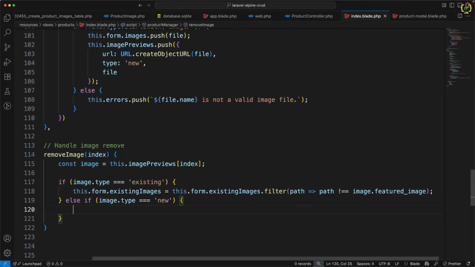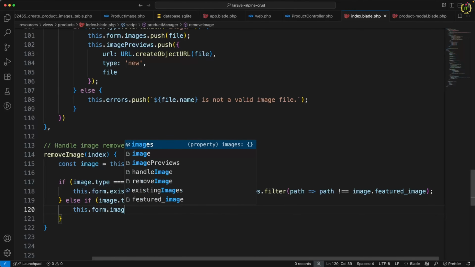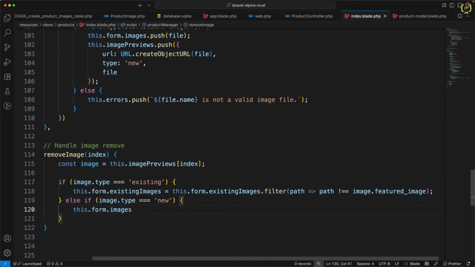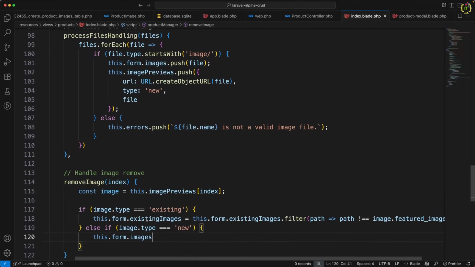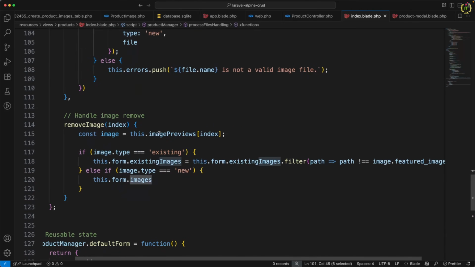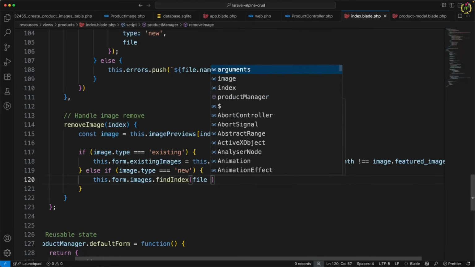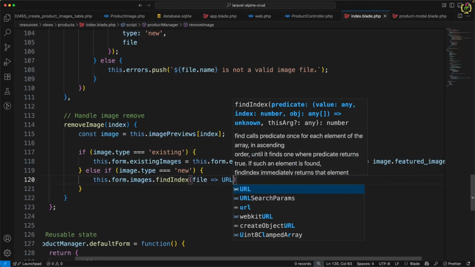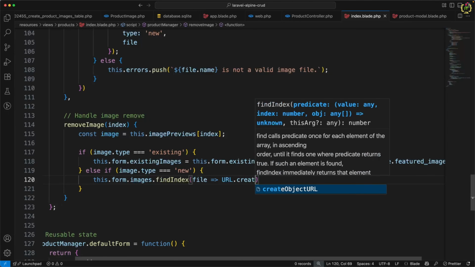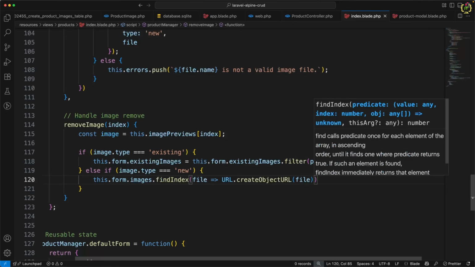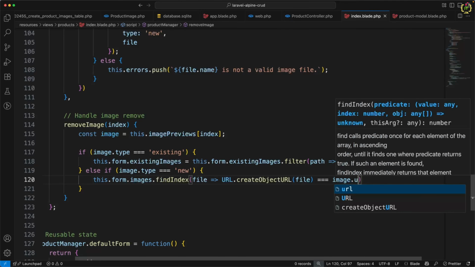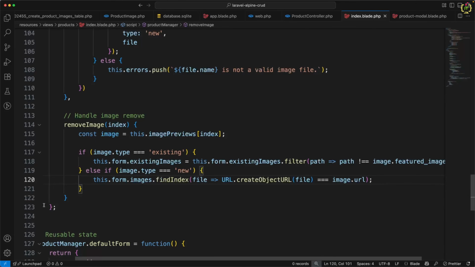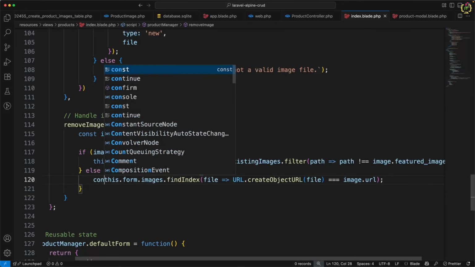Now for the else if condition, if it is a new image, so we'll type if image.type equals new, then we have to get the file from images. So we'll use this.form.images, because we were setting the images in this form.images state. Inside this, I will just use the findIndex method. From that method, we will create the object URL of that file using createObjectURL, and check if it is current image.url,